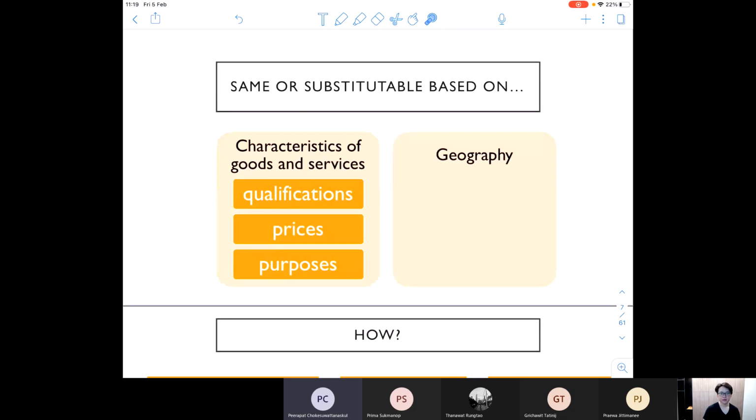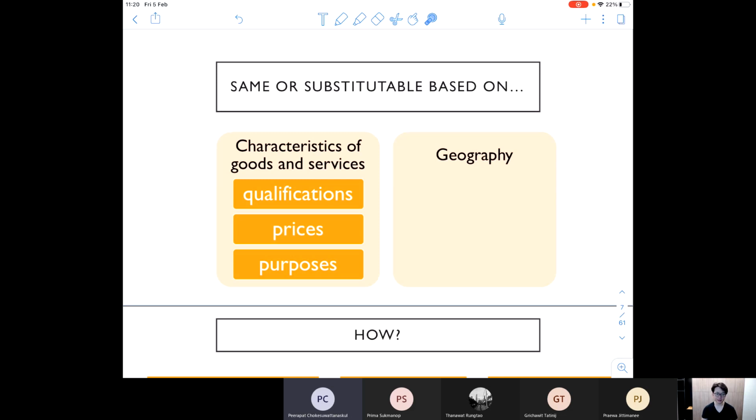And this is from the law, all right? To say the same or substitutable, based on what? Then it's based on two things, right? The product and service. Could be qualification, could be price, could be purposes. Right. So for example, hospital. You can think of hospital as well, and you draw the market for it, and you say that the characteristic is like, you might remember the case of